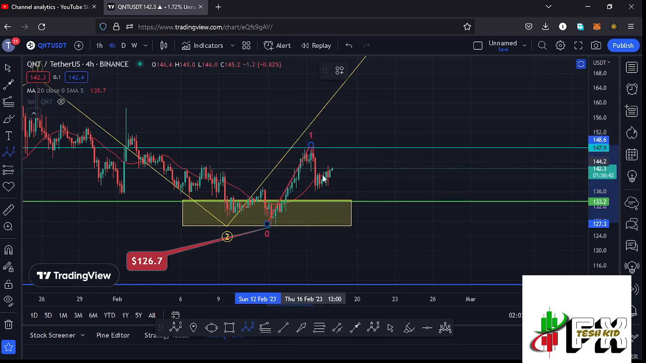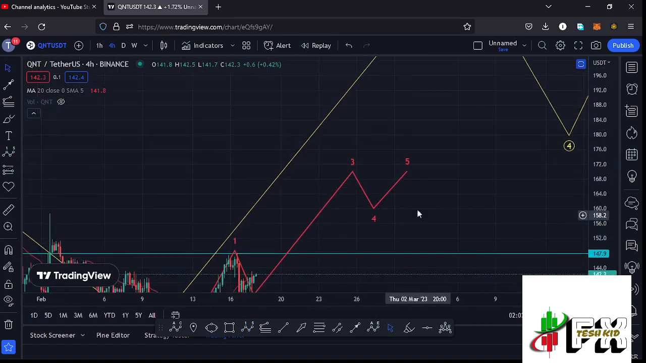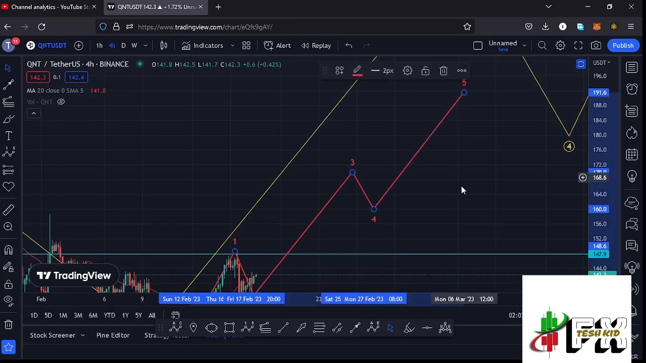Then we started this corrective structure over here in the formation of this wave 2, and I believe there are chances that we have fully maximized our target areas in the formation of this wave 2, and soon we are going to start a massive bounce to the upside in the formation of that wave 3, then expect a wave 4 and then a wave 5 to fully maximize our target areas to the upside in the formation of that wave 3,